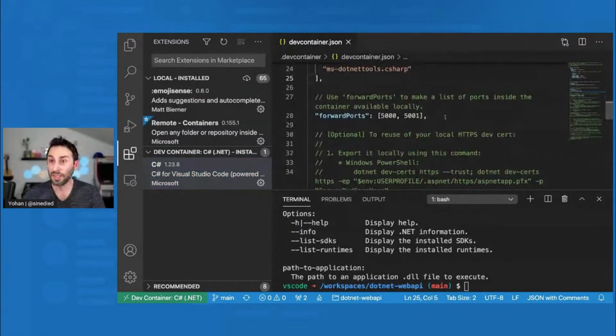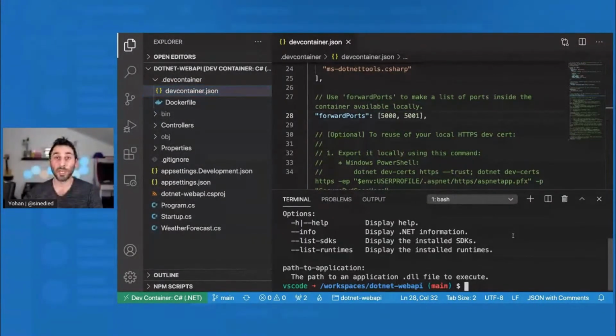And the last thing is that I also have the option to forward specific ports because, as you know, containers are completely isolated environments. But in this case, I'm working on a web API. So if I want to be able to test this API and see if things are working, I need to be able to connect to my API from the outside world, meaning my local machine. So this time, if I try to run the project,